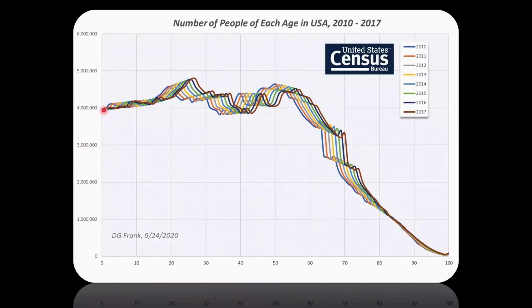So you notice there are about 4 million people born each year. And then as you increase in age, here are the millennials, there's a peak of millennials, and then here are the baby boomers, and then people begin to pass away. And you notice that each year, the graph just shifts 1 year over at a time. The back curve, the blue curve, that's back in 2010. And this most front curve, the brownish orange red one, that's from 2017.